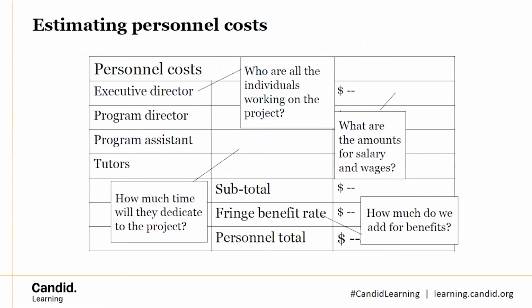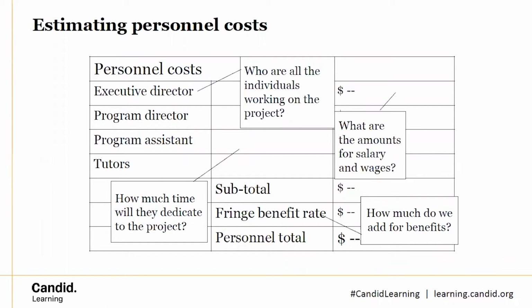All right, so the personnel side of things. This is one where you generally don't need to collect estimates, because this is about your personnel, your staff. It is also one where you should hopefully have a lot of the information fairly accessible. If not, this is the area where you might need to talk to a financial officer at your organization. Personnel costs are very likely to be the largest component of your budget.